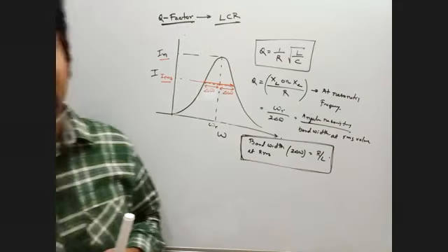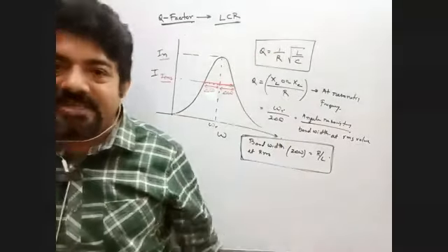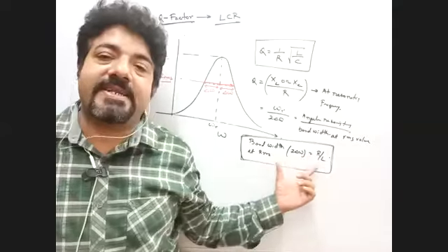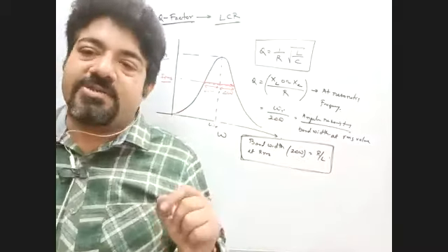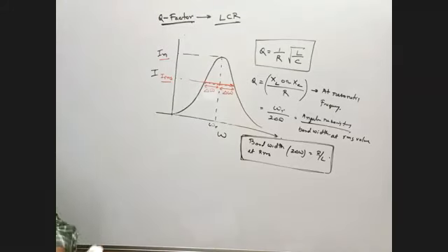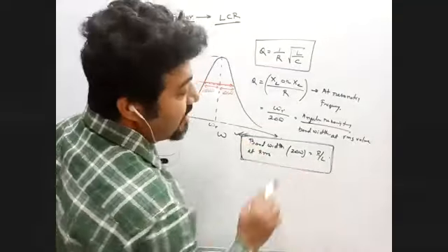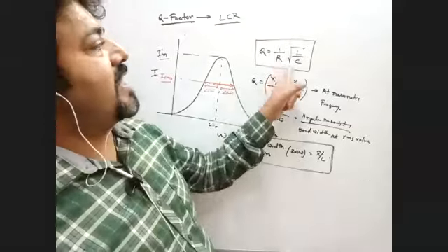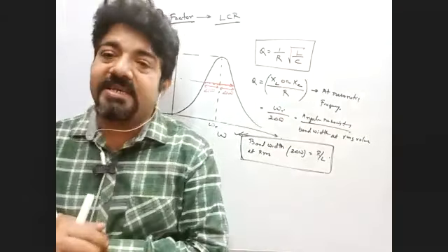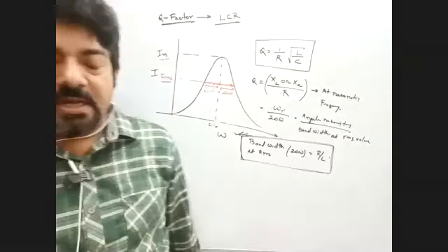So in general, basically still now CBSE board never ask you to derive this one or find the relation, find that the bandwidth is R by L, but it is mentioned in the NCERT book. The derivation is there, so the derivation is important, although they never ask you, but mostly they ask you related to these topics. Like they can ask you what is the bandwidth, you remember R by L at resonating frequency. They can ask you the Q factor 1 by R root under L by C. They can ask you in terms of XL or XC by R. They can ask you question that last to last, means